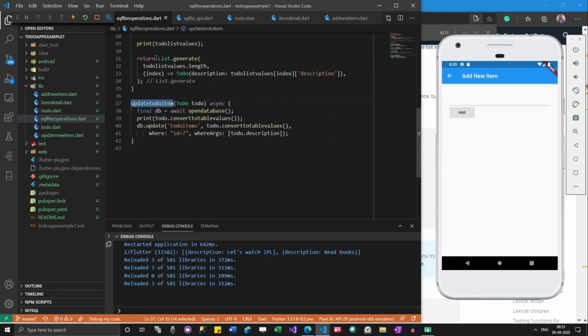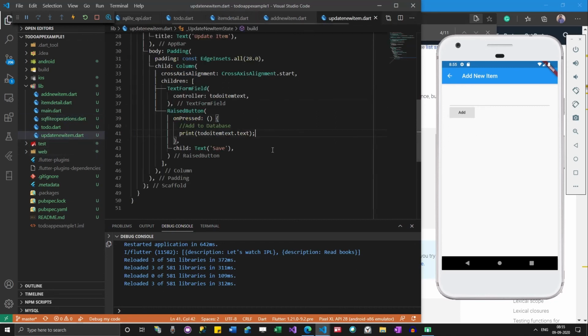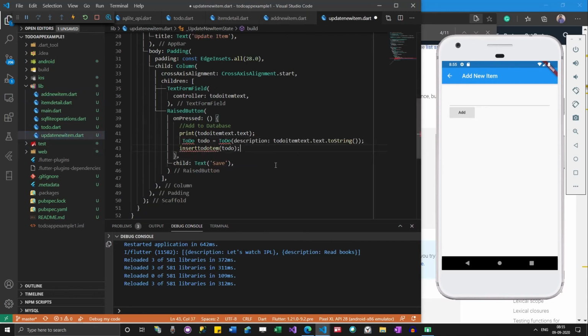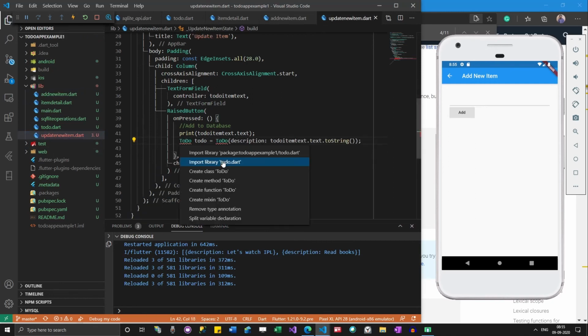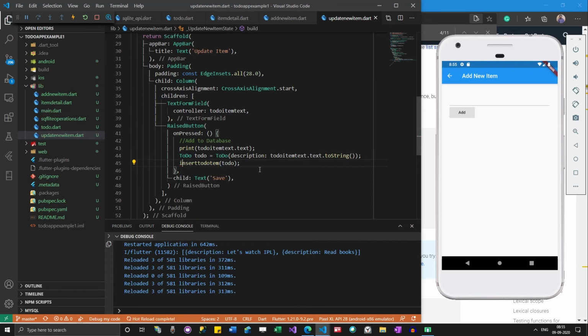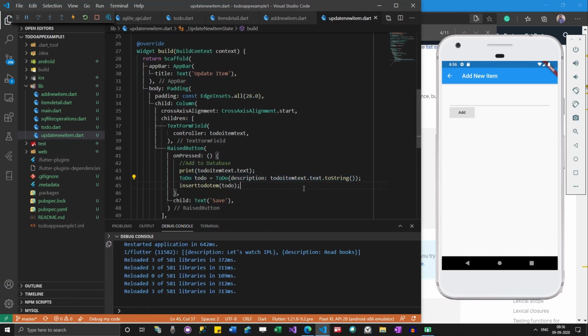I need to call that, right? I need to call it from update item. Again we have to do something similar to this. So let's see if it works or not.